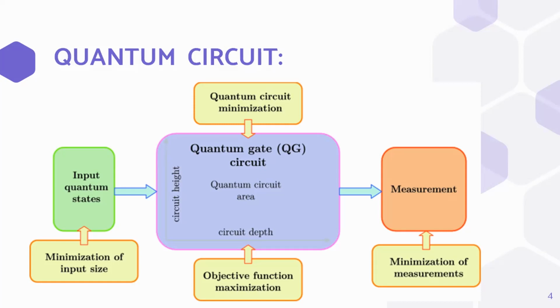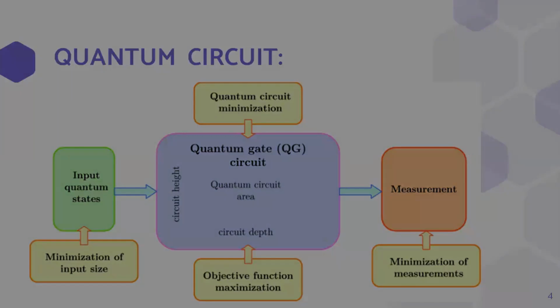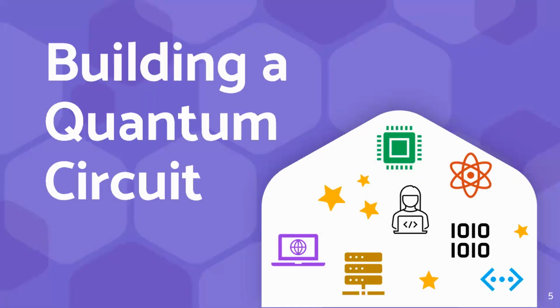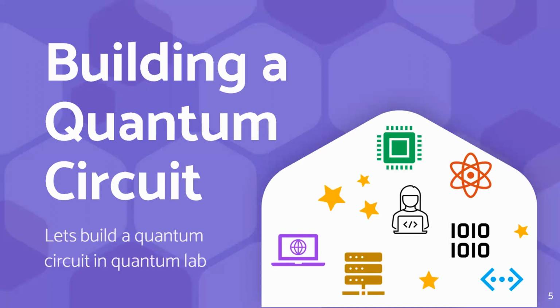We apply gates, and then we modify our qubits to the output that we want. And then once we have done that, we have created a circuit, and we measure it. So yeah, now let's start building our quantum circuit. So we'll build the quantum circuit